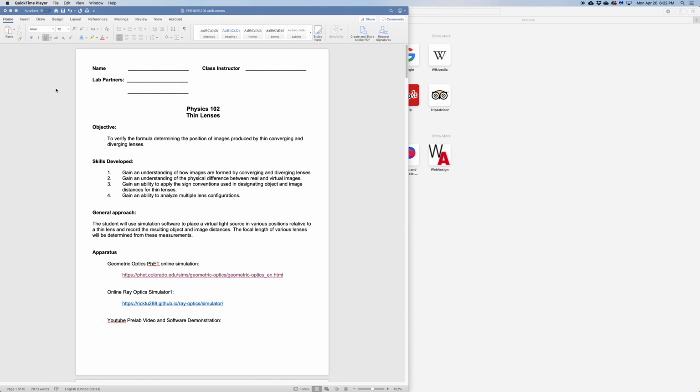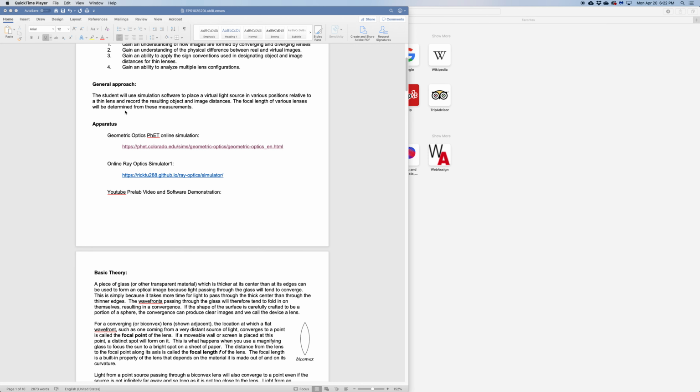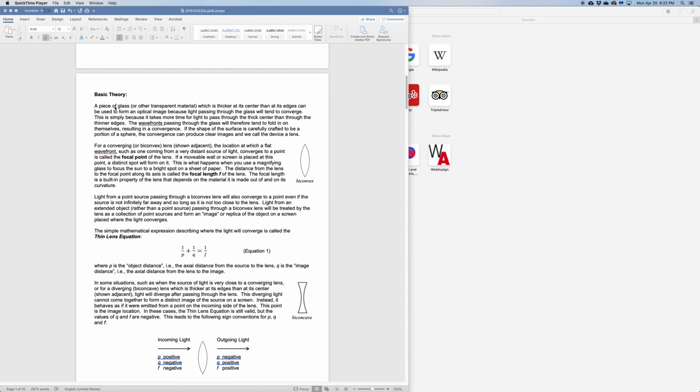All right, this week's lab is thin lenses. We're going to explore how to form images using curved glass, so by way of refraction. And so the first thing that you're going to see when you go through the handout is some of the